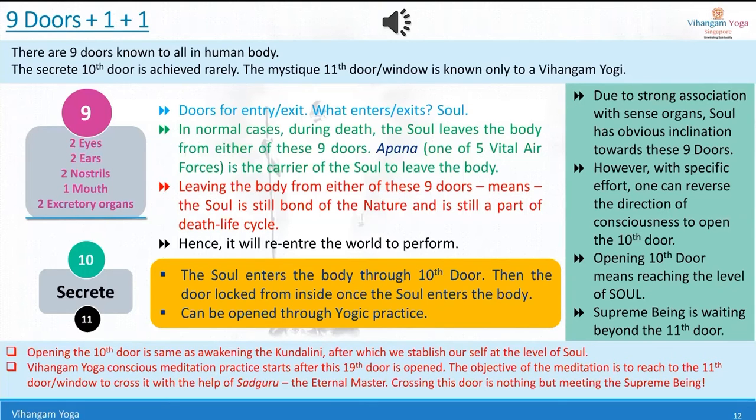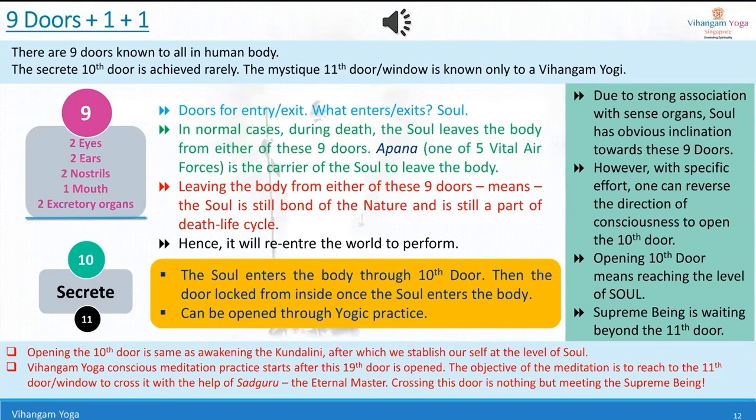The association is more towards the 9 doors because of our day-to-day activities. The 10th door is idle. We need to put our effort to open it. Once that 10th door is opened, that doesn't mean that the soul has reached salvation. No, it is moving towards it. Once the 10th door is open, then it is the position of the soul to be situated in itself. That means that person will have the soul as the base. Before that, until and unless the 10th door is opened,